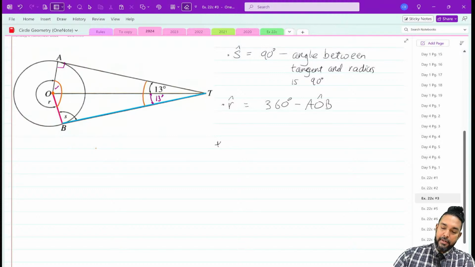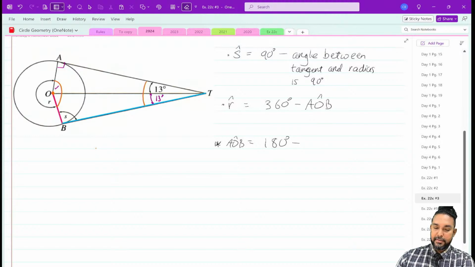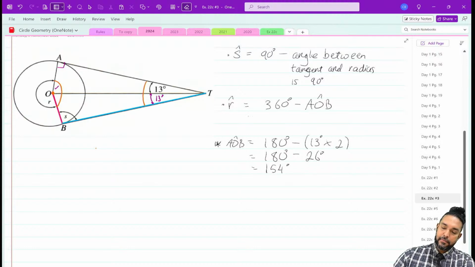And then we could go down here and say, AOB is equal to 180 minus 13 by 2. 13 by 2 is 26. 180 minus 26 is 154. And then 360 minus